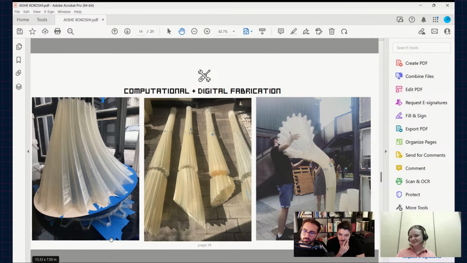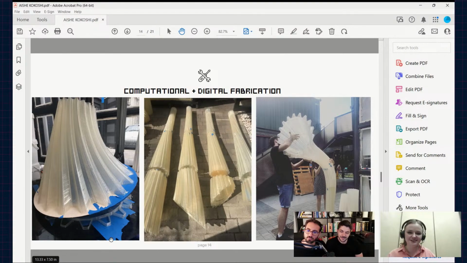The plate was laser cut, because that printer can only print X, Y, and Z, but we needed to have some prints with inclination. So we designed it in Grasshopper, of course, before, and we laser cut the base. We glue it, and then we 3D print on top of that base. And we had to change a little bit the material flow and also the settings, because if the nozzle can only print X, Y, and Z and it's with an angle, then it's going to hit the material.